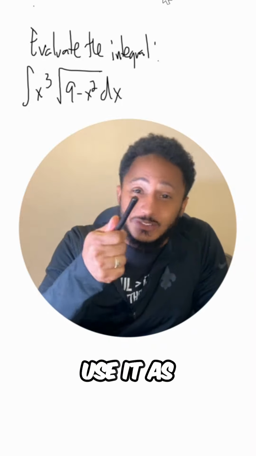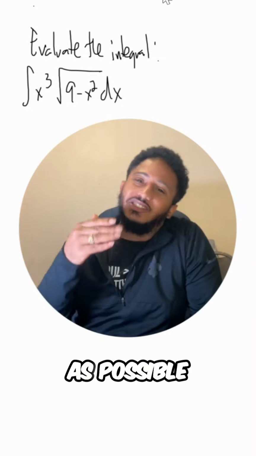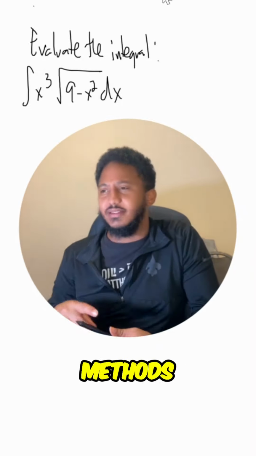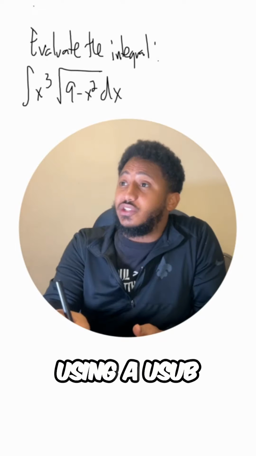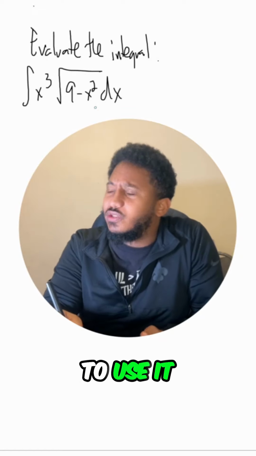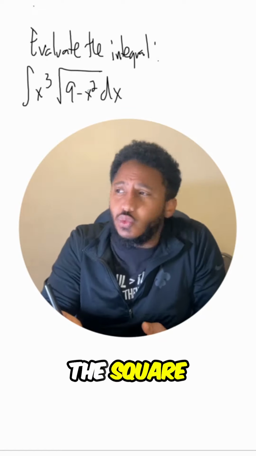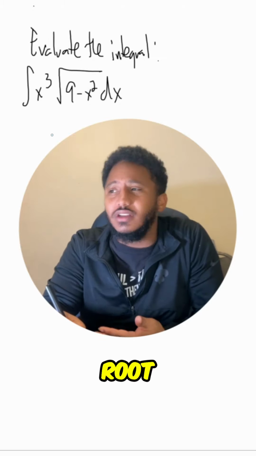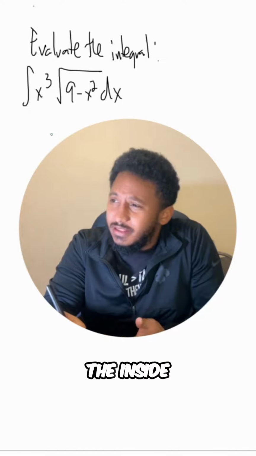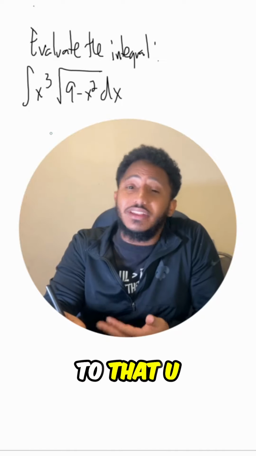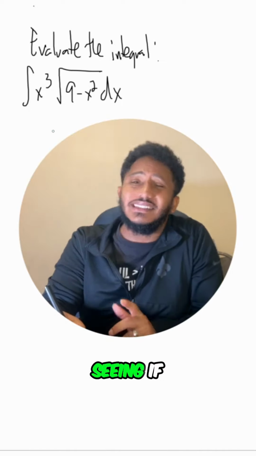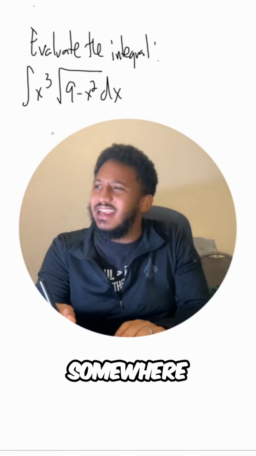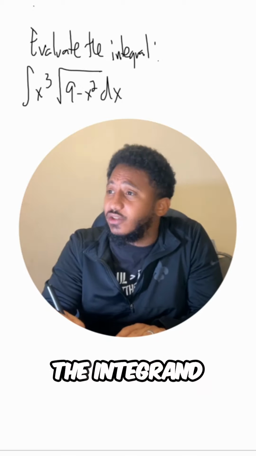So let's try to use it as much as possible, just because it's a little bit easier than the other methods, okay? So, like here, let's try using a U-sub, right? So if we were to use it, we know there's two terms underneath this square root, so probably setting the inside of that square root, the inside part equal to that u, let that being your u, and then seeing if the du is somewhere in the problem, so somewhere in the integrand. So let u